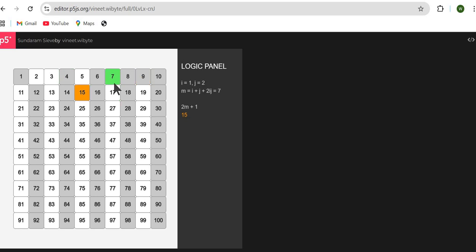I go to the next. I equals 1, j equals 2, that is 7. 7 times 2 plus 1, 15, is a composite number. I keep going, and I keep marking out the number 2m plus 1. For example, here i is 1, j is 5, m is 16. 16 times 2 plus 1 is 33. That's a composite number. And I keep doing this, and you'll realize that I'm striking out all the composite numbers,